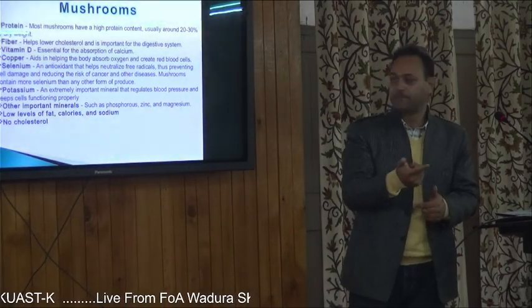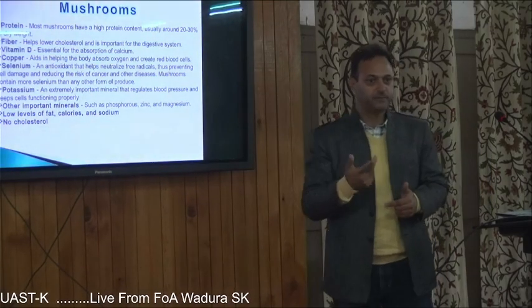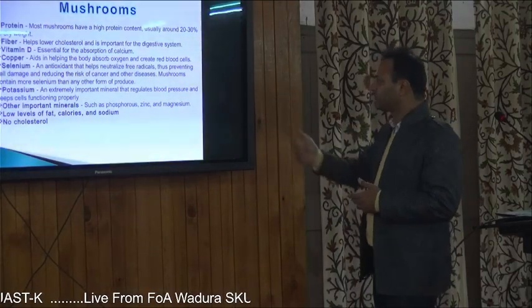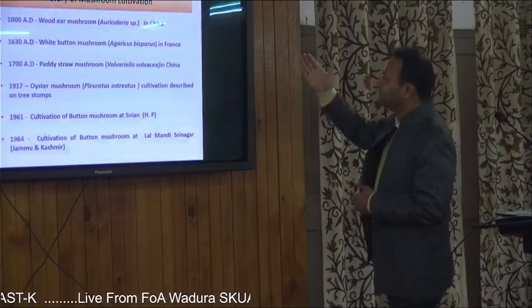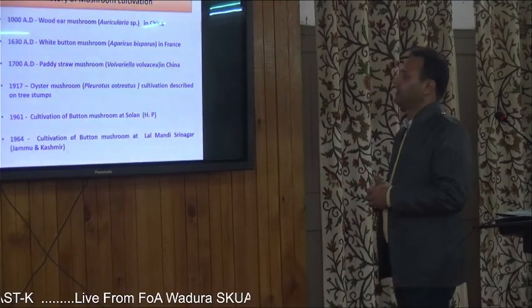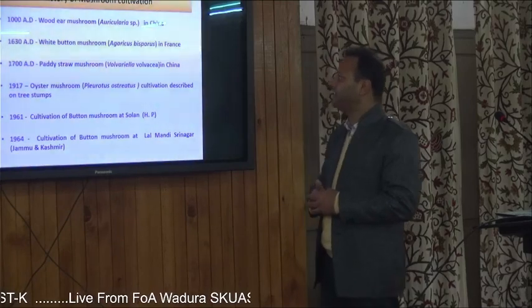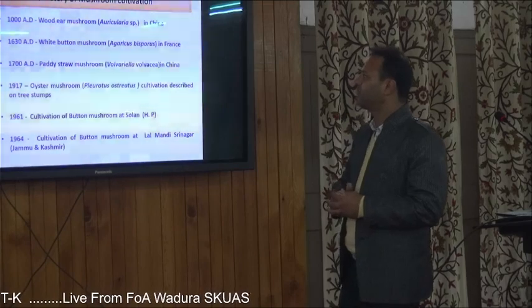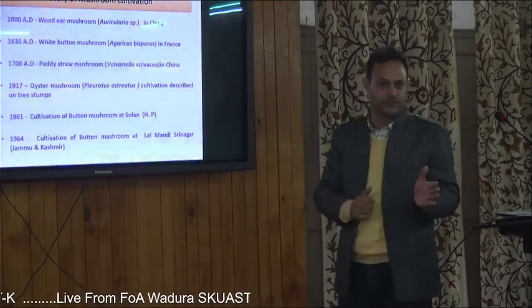पोटेशियम ज्यादा होता है, इसलिए ये हम ब्लड प्रेशर हाइपरटेंसिव पेशेंट्स के लिए रिकमेंड करते हैं। बाकी फास्फोरस, जिंक, मैग्नीशियम, जो मैंने पहले बोला, ये होते हैं। अगर हम मशरूम्स की हिस्ट्री देखें तो करीब 1000 साल पहले, 1080 में, पहला मशरूम चाइना में उगाया गया, वुडियर मशरूम, जिसका साइंटिफिक नेम है ऑरिकुलेरिया स्पीशीज।